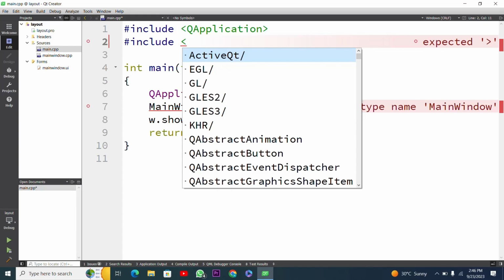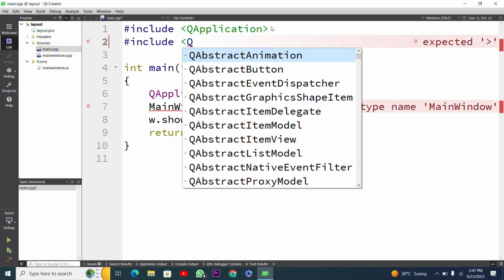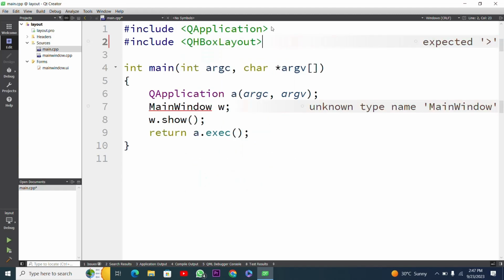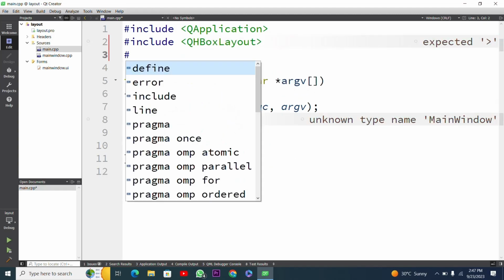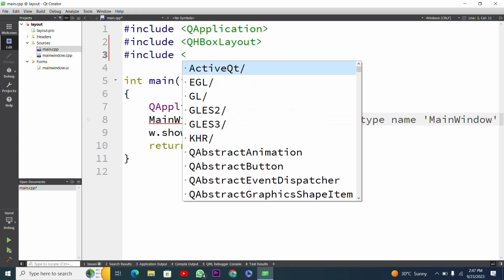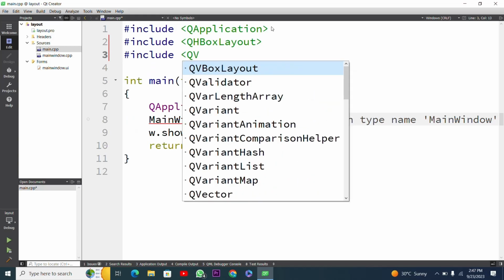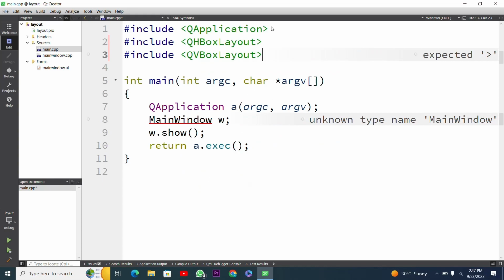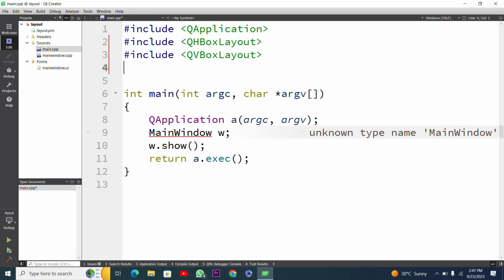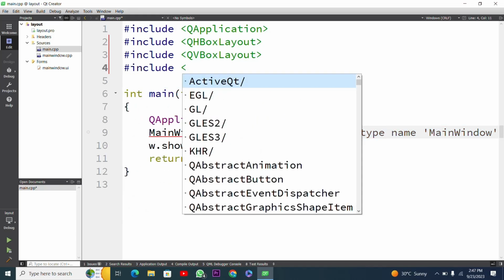So first of all, I will implement QHBoxLayout. This is for horizontal layout, and next I will include here a header file by using #include QVBoxLayout. This is for vertical layout, and next I have to use checkbox widget. You can use any other widget, but I have to use checkbox widget, so I will include with #include